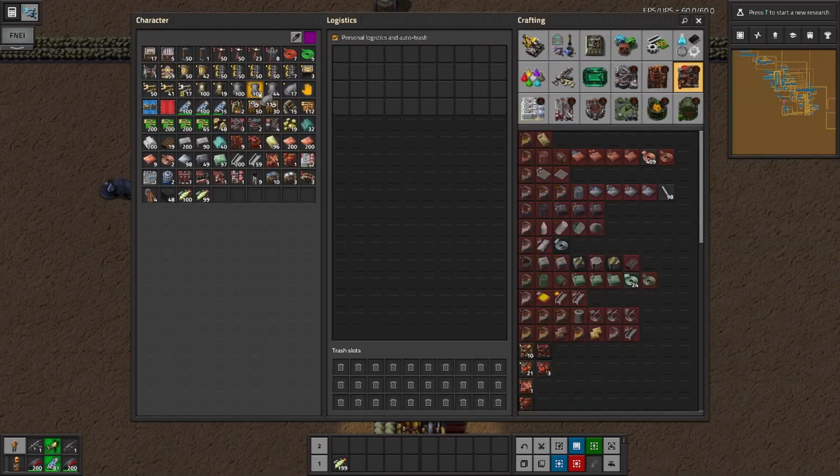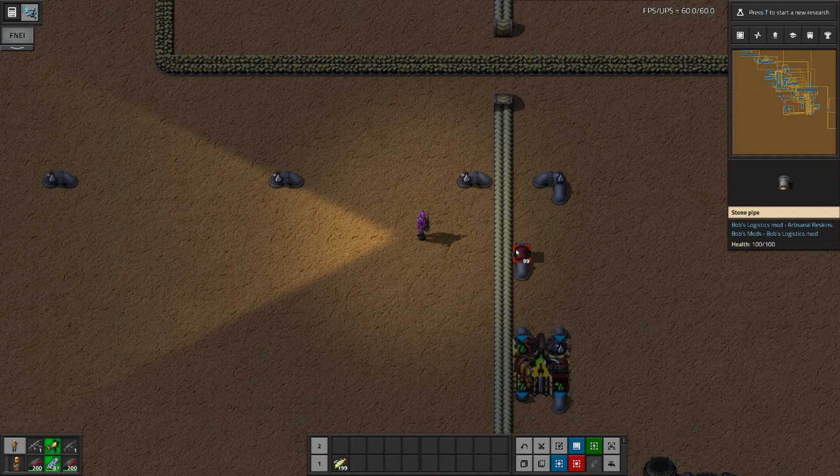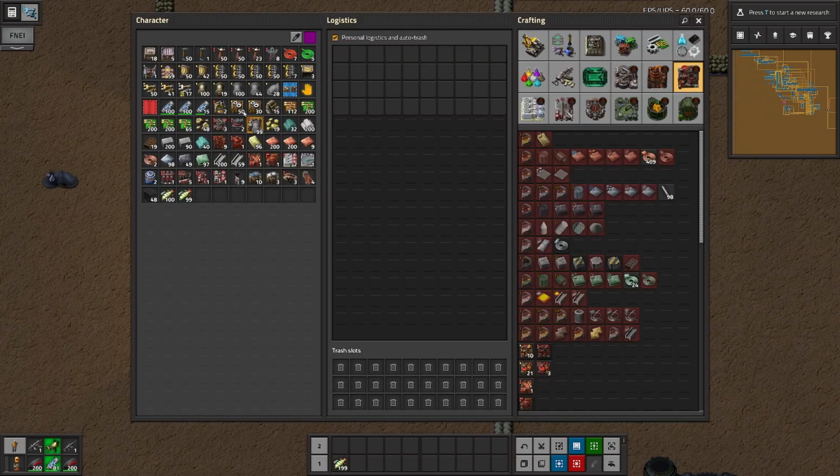Right, and that should give us our hydrogen, and we are going to set up